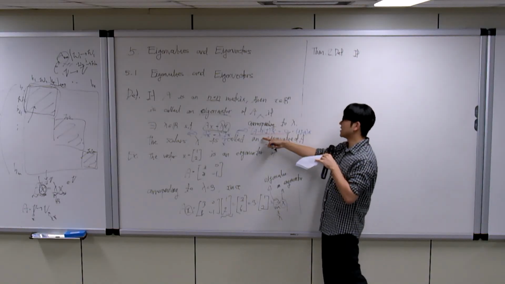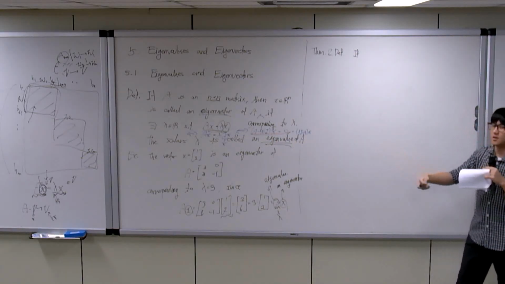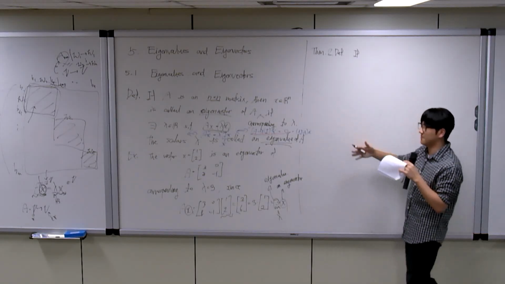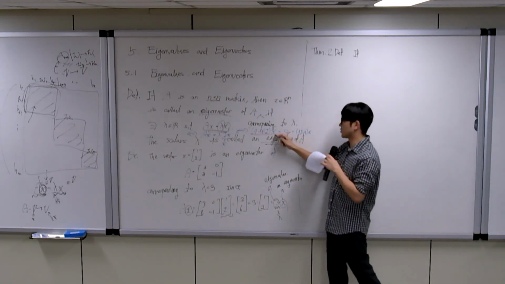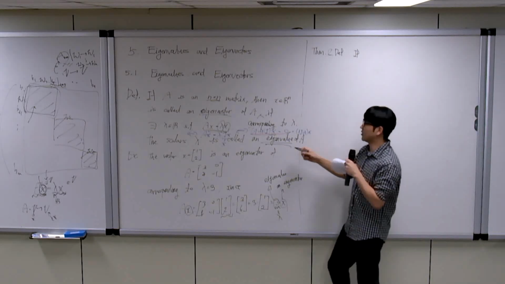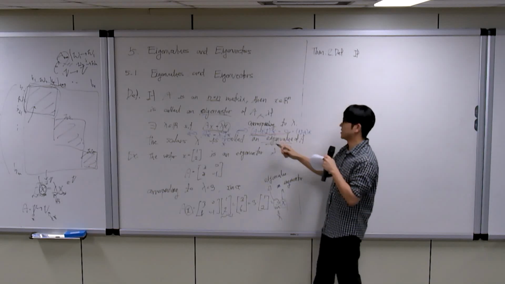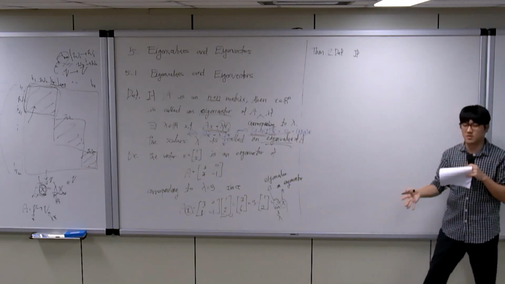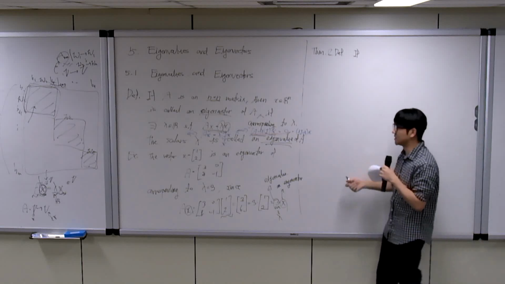If it has infinitely many vectors x as a solution, that means the nullity of this space should have more than 0 dimension, and we want this